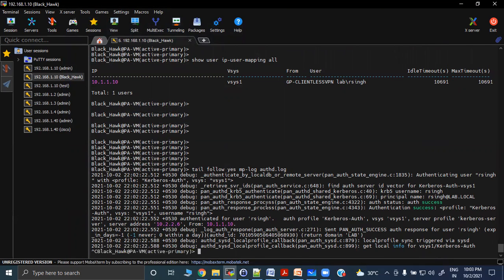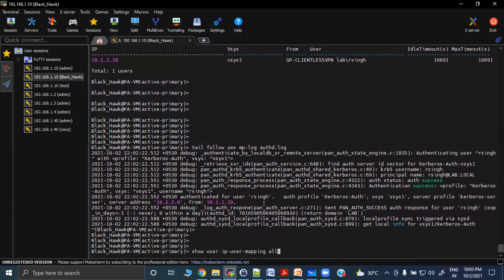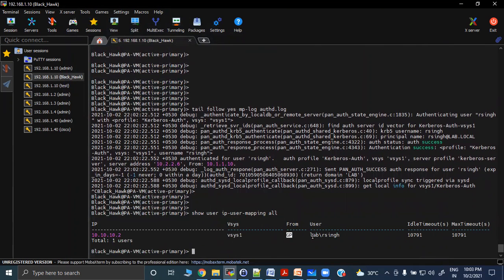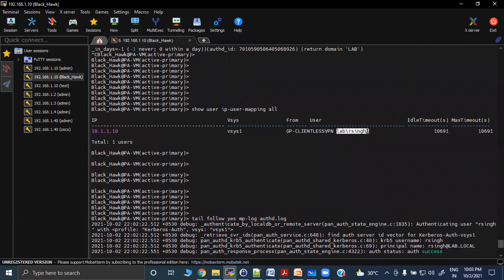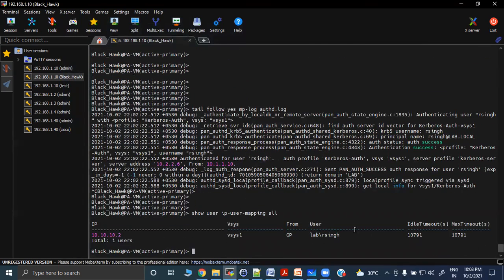And if you want to verify that, if you run show user ip-user-mapping, here you will see this time we are learning this user from GlobalProtect, right? So this is the user to IP mapping as well. So this user has been mapped with this particular IP address. Previously, this user was mapped with this particular IP address, the original one, right? Because we were using clientless VPN, but now it is the actual GP application. So this is the IP address which has been assigned to this particular user from the RAS manager,